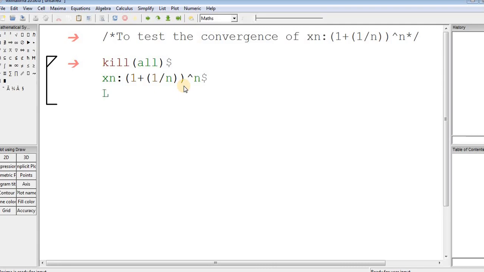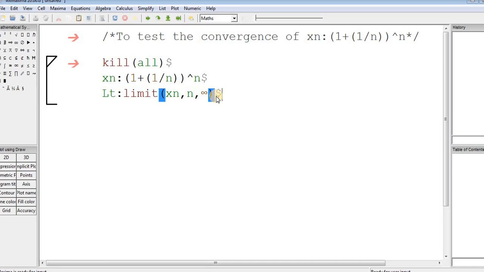I will take capital LT as the limit and use the small limit command, as in the earlier program. xn is our sequence, and I will test what the limit is as n tends to infinity, that is INF. INF is written for the testing. Its value is nothing but infinity. You can even take the infinity symbol from the toolbox here.